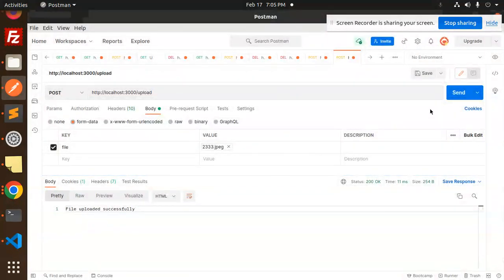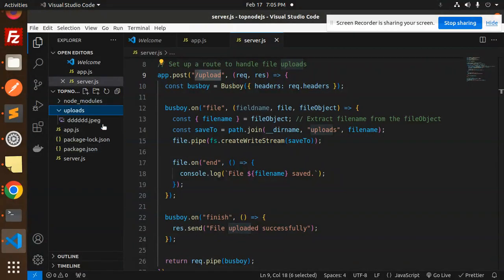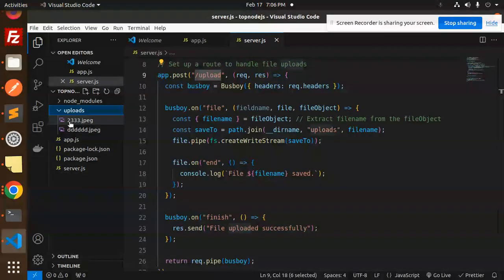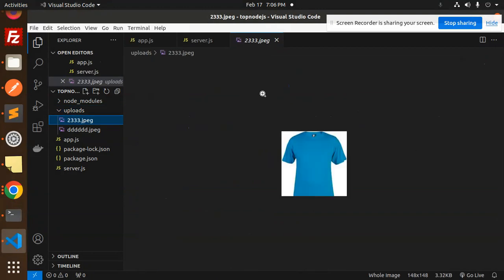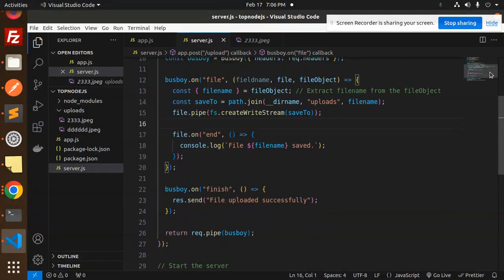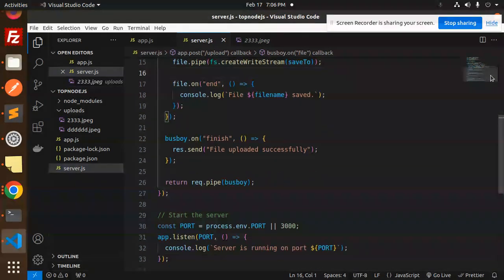Let's try to upload this image, and you can currently see that my uploads folder has only one file. So let's send this, and here you can see it is uploaded. If I go and check, here you can see the image is there, the t-shirt that I have uploaded. So this is how you are able to upload images or anything, whether it's a video,